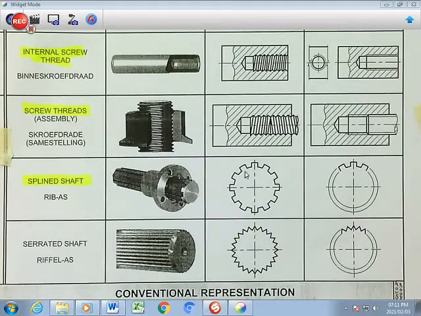Similarly, like the holes, you are not going to create all the teeth in the convention, but you only need to do the middle one and one on both sides of the center, and that would suffice. Then you continue with the double lines, which is the outside part of the teeth and the inside crest part there. Similarly, like the serrated shaft,